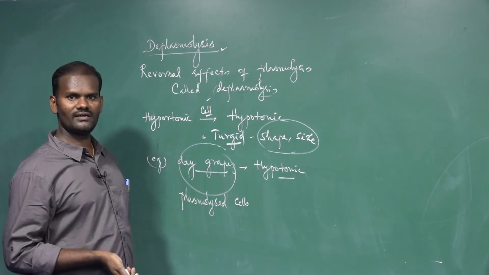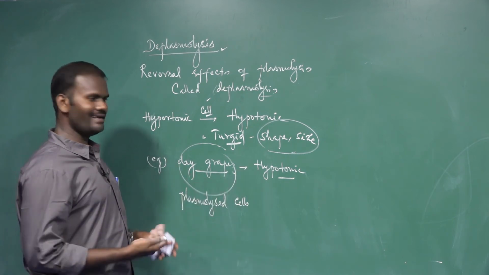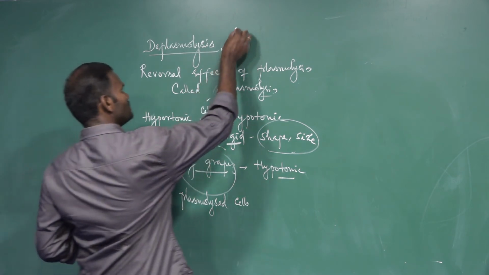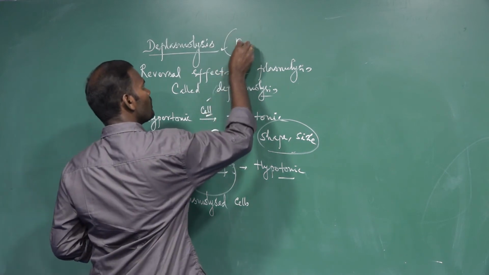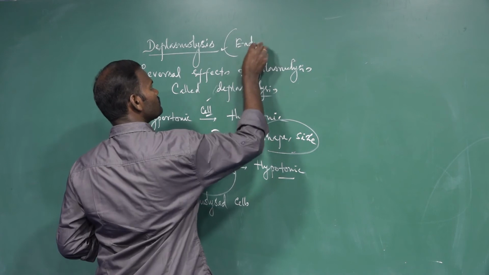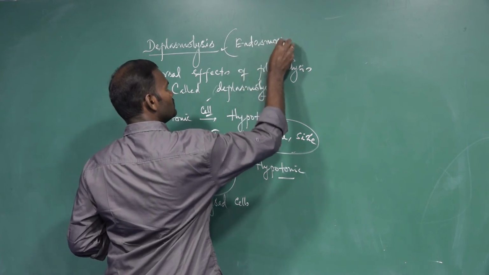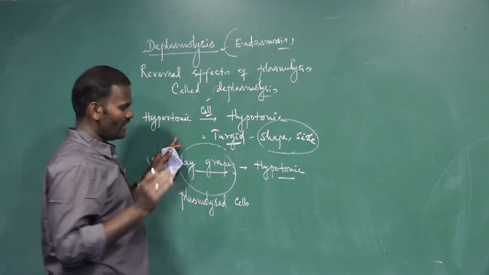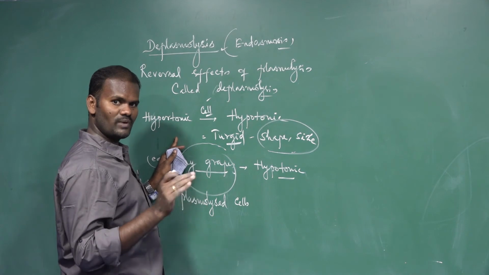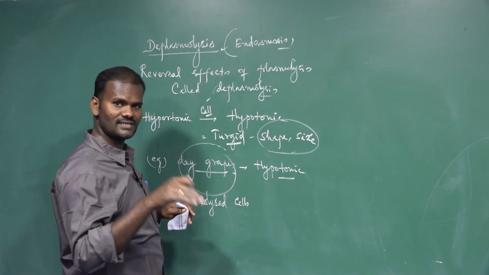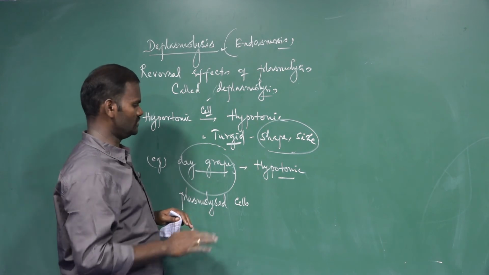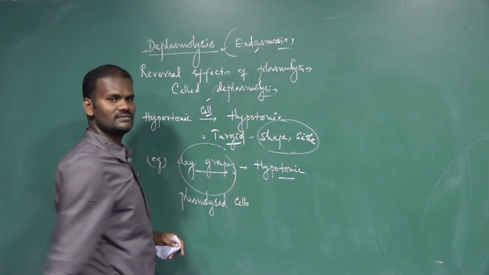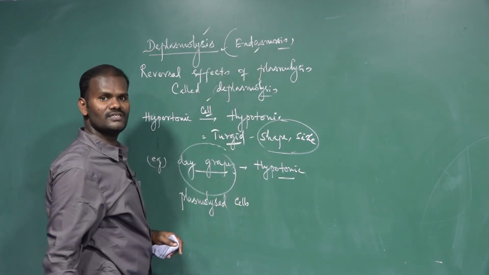If they are placed in pure water or a hypotonic solution, they regain water by the process called deplasmolysis. We know that deplasmolysis takes place due to endosmosis, while plasmolysis takes place due to exosmosis. So when does exosmosis happen? When a cell is placed in a hypertonic solution, either salt solution or sugar solution. When a cell is placed in pure water or solvent, endosmosis takes place, resulting in deplasmolysis.